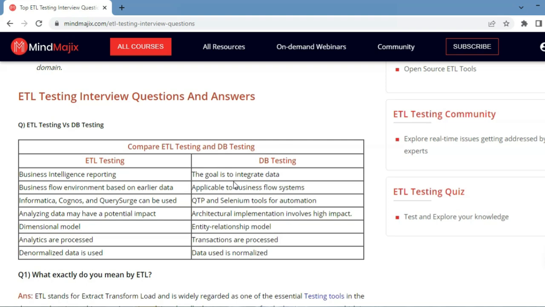can call it database testing. So if we compare both of them and we keep ETL testing at the left and DB as the right, we can see that in ETL testing we are basically targeting business intelligence, and business intelligence reporting is at the top. Whereas in DB testing the goal is to integrate the data. In ETL, business flow environment is based on earlier data. So business has the data in which the data is flowing as per the earlier data,